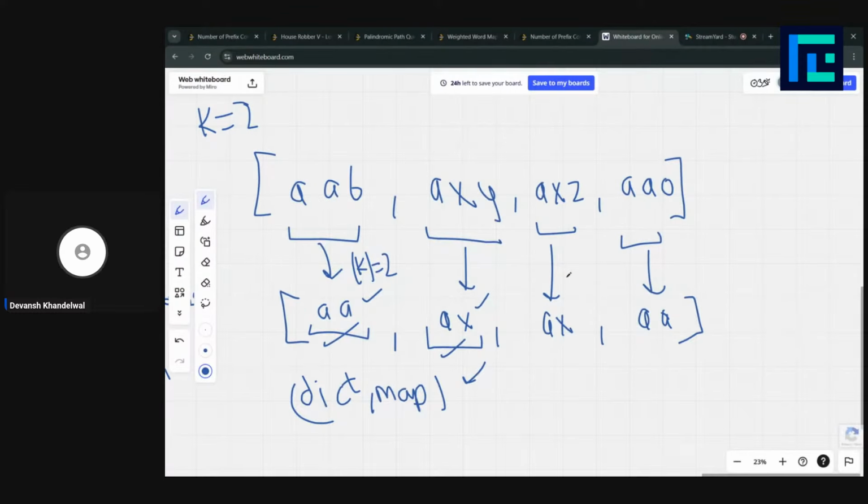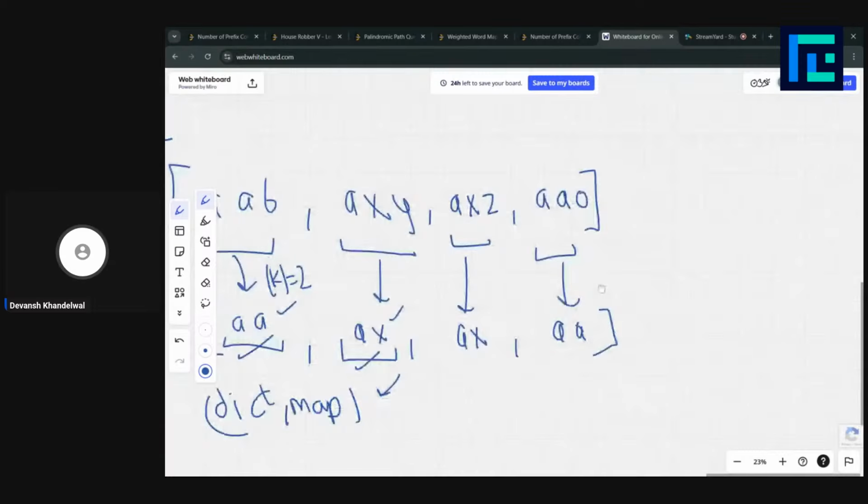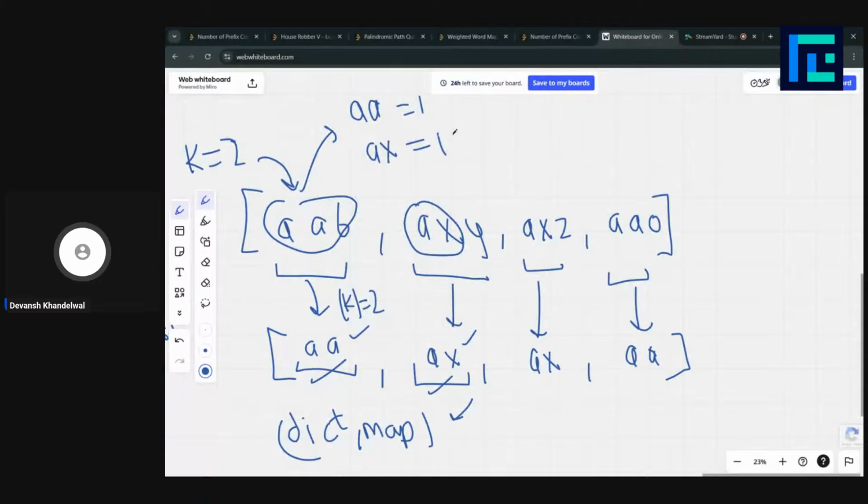Yeah, that would be an overkill. Someone also commented the same thing. But here you could just iterate each string, right? Store its prefix here, aa. And again, for this, you're going to store its prefix. We only have one string currently with prefix ax, and when you reach here you're going to basically increment this value. Now we have two strings with this prefix, and again here you're going to increment its value.